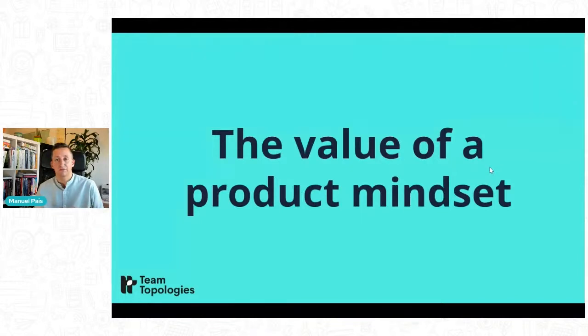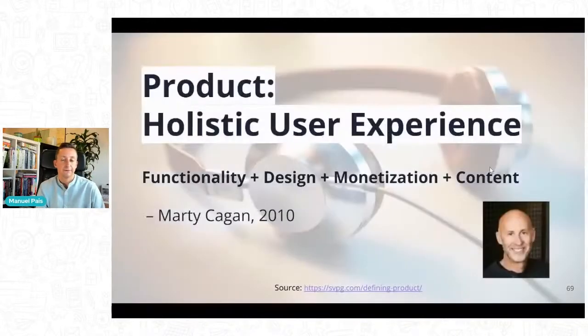If we stay with a functional or skill-based or even project-focused mindset internally, that's not going to help us achieve business agility. And I'm not saying that we don't have any projects. There are situations where they make sense, especially when we realize there's going to be a need for different teams to interact with each other. But most of the time, we want to focus on products. We want to focus on how does this product help with a certain business value stream. So what is the definition of product then?